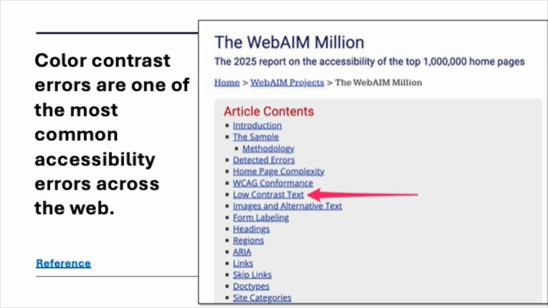This is hugely important, and it happens all the time that people aren't meeting these color contrast ratios. Color contrast errors are one of the most common accessibility errors across the web. There is a group out of Utah State University called WebAIM, and each year they measure the accessibility errors on the top 1 million homepages on the internet. And every single year that they've been measuring, low contrast text comes up as one of the most common accessibility